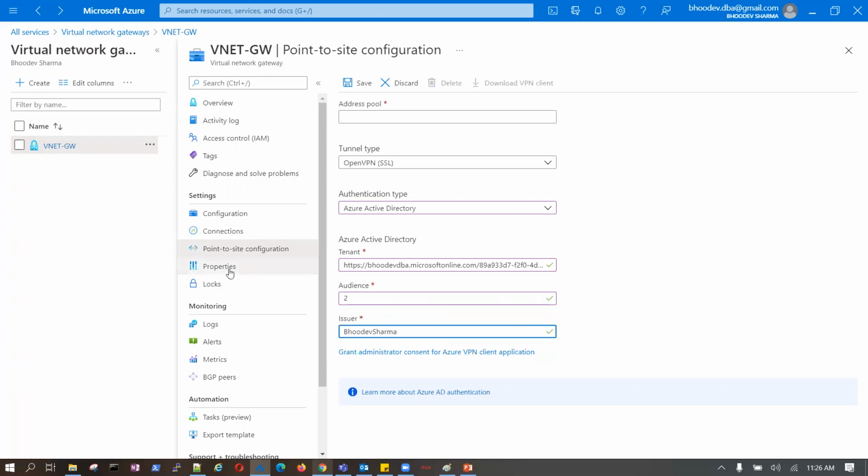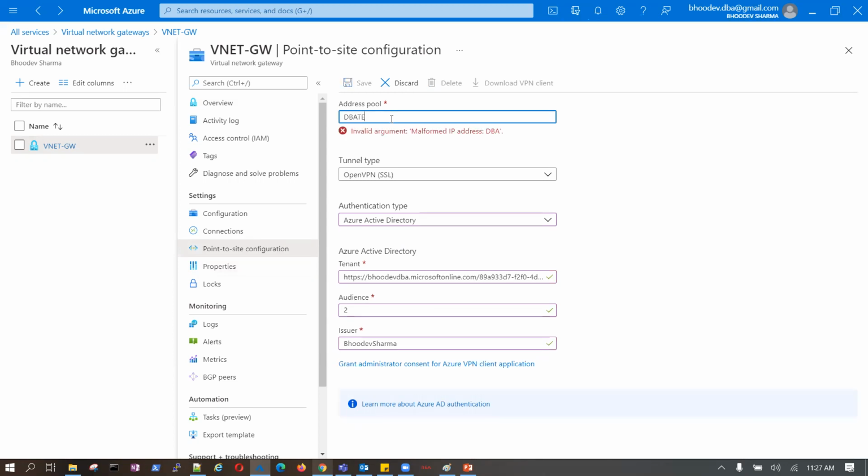So this will be my configuration for point to site. What is that address pool, sir? So see, the number of addresses which you can use here is also the address pool, right? How you want to use this address pool could be a communication for the DBA team.